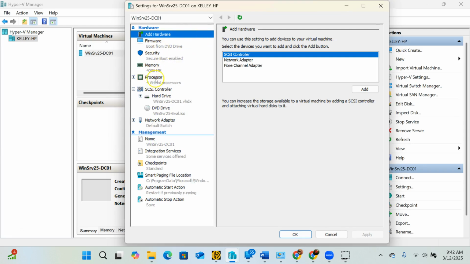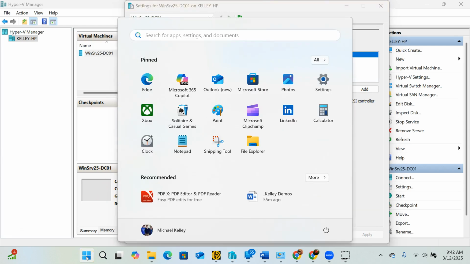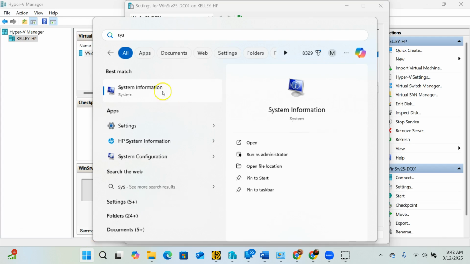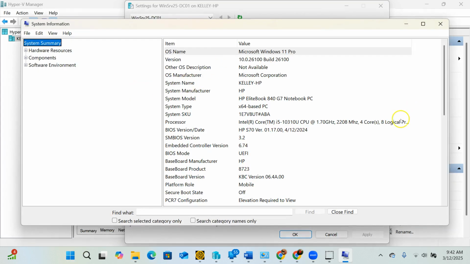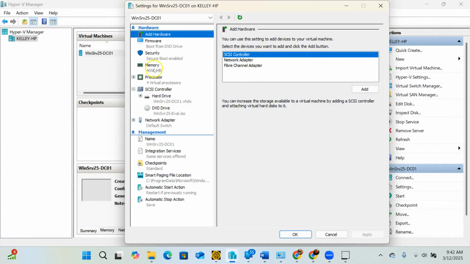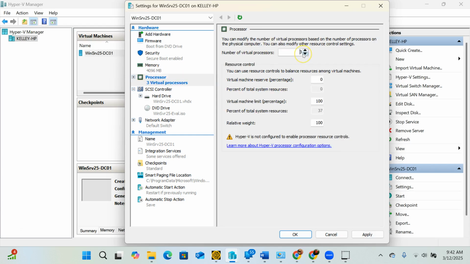How many cores does my machine have? Well, System Information will tell you that. I believe I have only 4. Again, this is not a Lamborghini. Okay, 8 logical processors, 4 cores. The reason this is important is I can under provision. I can over provision. You have to be careful that you're not taxing your physical host too much. So because this is a test machine and I don't care whether the server runs like a cheetah or not,